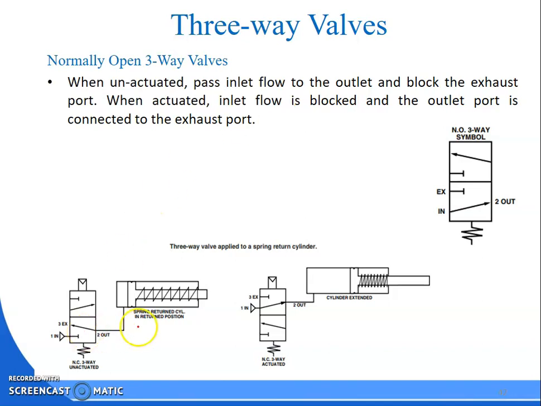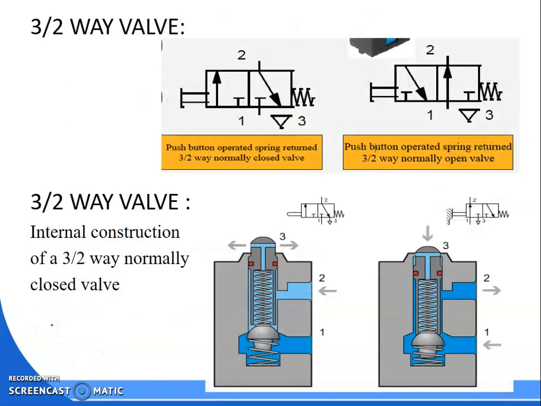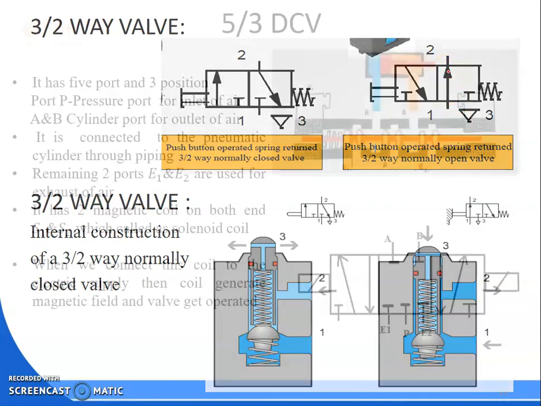Let's see, you can see here. When P to A there will be connection, the air will flow inside the cylinder, the piston will be actuated and move forward, then the piston will return back. When the piston gets the air inside the cylinder, what will happen? It will be exhausted, so the two positions will be available and possible. You can see here, this three-way valve is a normally closed type, because from A to E exhaust will be there. From P to A is normally open type, P to A flow will be there. We are considering the right side of the valve.